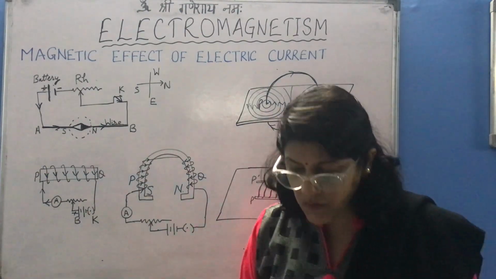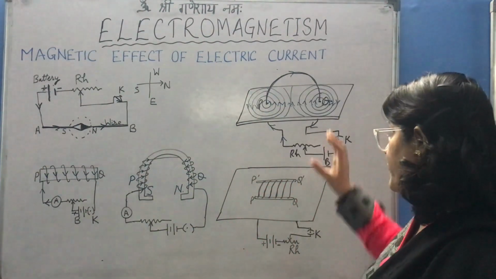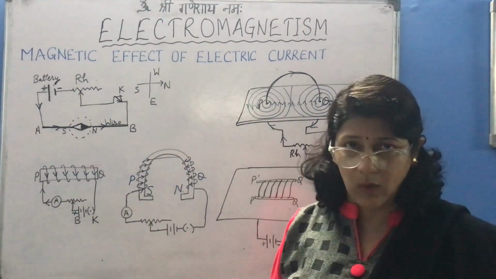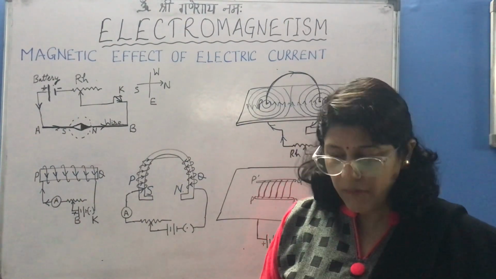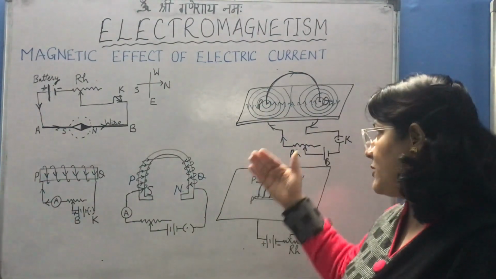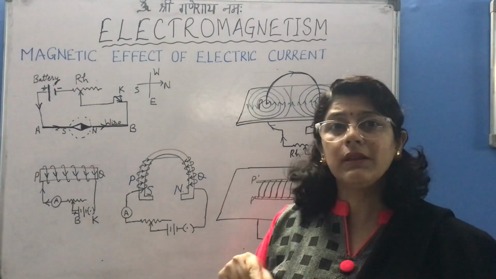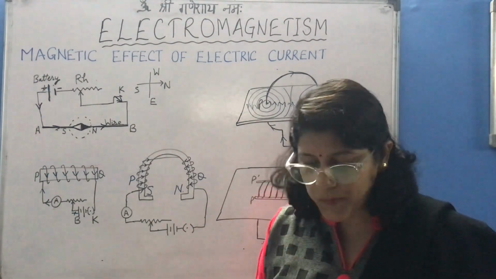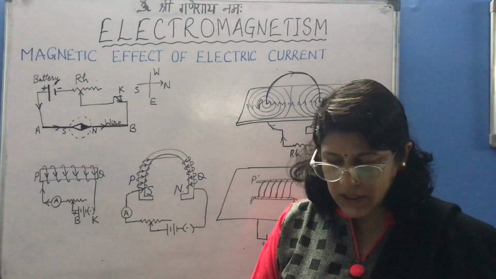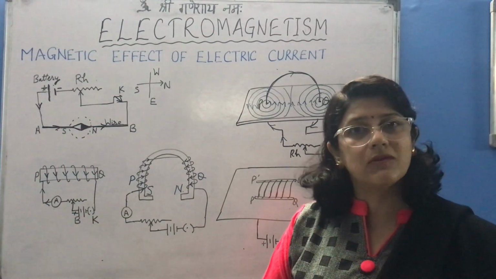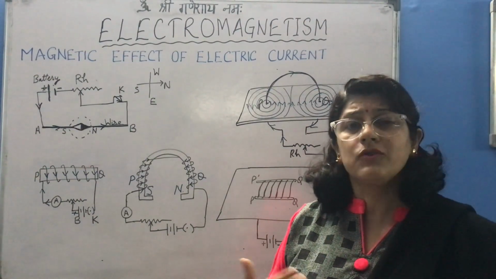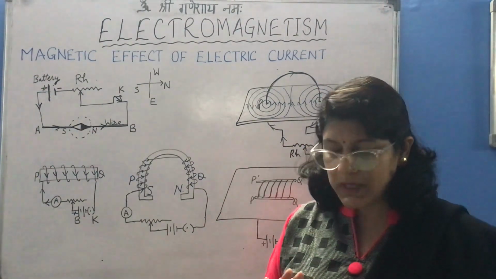So, the observation which we need to keep in mind is that the magnetic field lines are parallel and uniform inside these 2 points, which means inside the loop the magnetic field is uniform. If we want to increase the strength of the magnetic field, again we need to increase the strength of current in the circuit, or another method is we can increase the number of loops in the circuit. If we increase the number of loops, then also we can increase the strength. So the number of turns in the loop will increase the magnetic strength in the circuit, and the magnetic field becomes denser if we increase the strength of current in the circuit. So please keep these 2 points in mind.